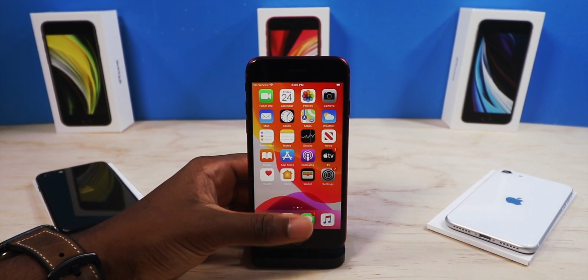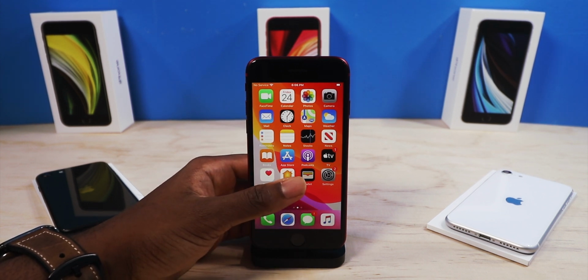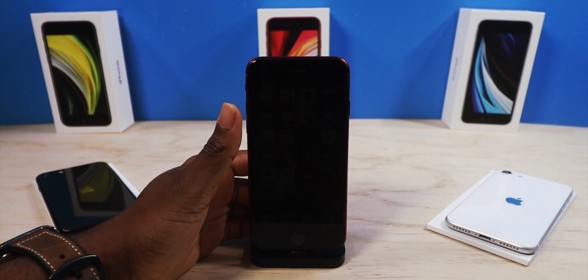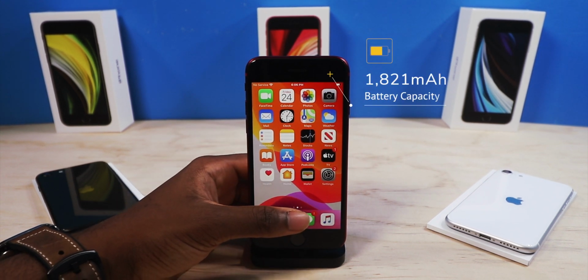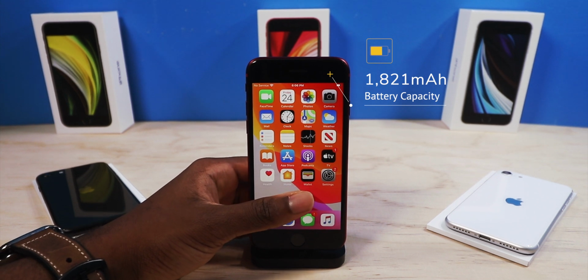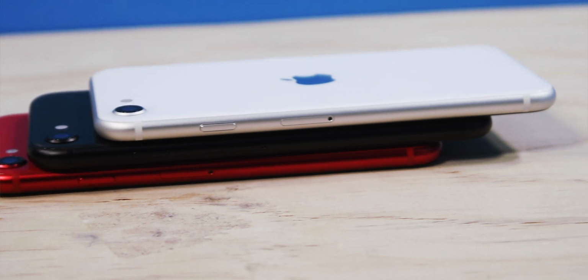Now the battery life is a little on the low side, just because it is taken from the iPhone 8. It should last about the same as an iPhone 8, but this has a tiny milliamp battery. I forgot the exact number. It's like 1,800. It's super duper low. I keep on mentioning the A13 chip is really the true story of this phone, and